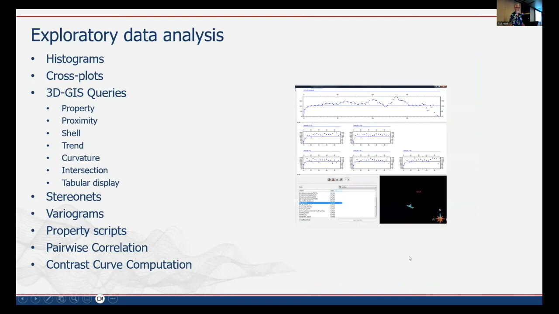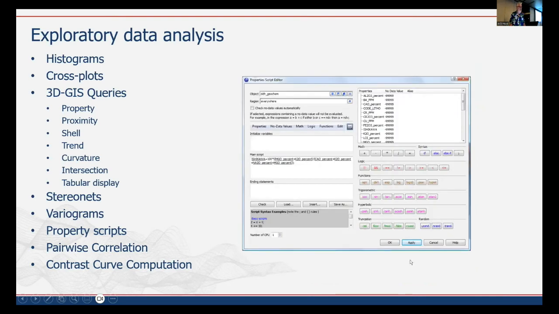If we're doing geostatistical analysis, we can make variograms. We can apply scripts to data, as I mentioned earlier. If you have geochemical data, you can calculate alteration indices. You can change the units of geophysical data, get everything in your project in the same units. It's a really great idea.